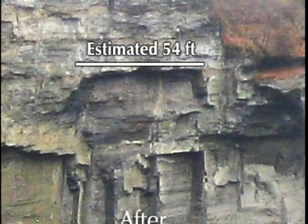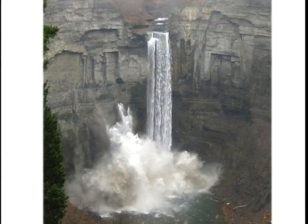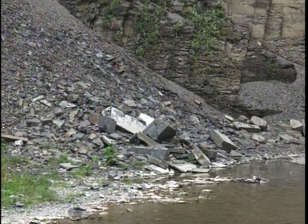So to compare them, yeah. That's pretty dramatic. Go up here again, you can actually see it in these pictures. You look to the left of the waterfall, and then you see it drops out. Very dramatic. Kaboom, kaboom, kaboom. And of course, all that stuff falls down below, and it wipes out anything that's down there. That's why you don't see much vegetation around the falls, because there's constant rock falls around there